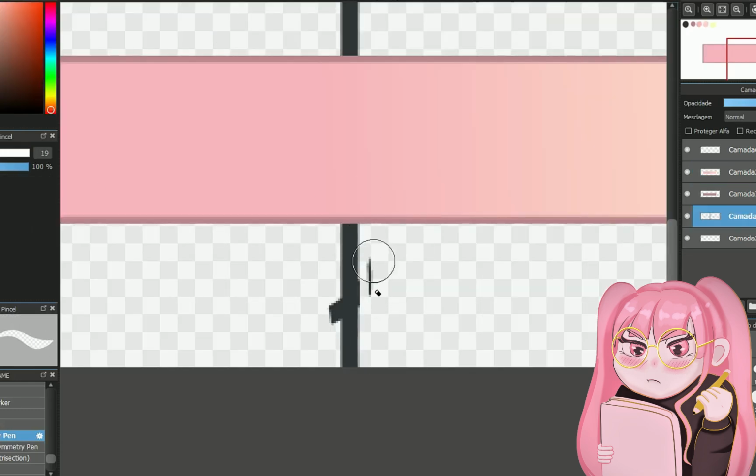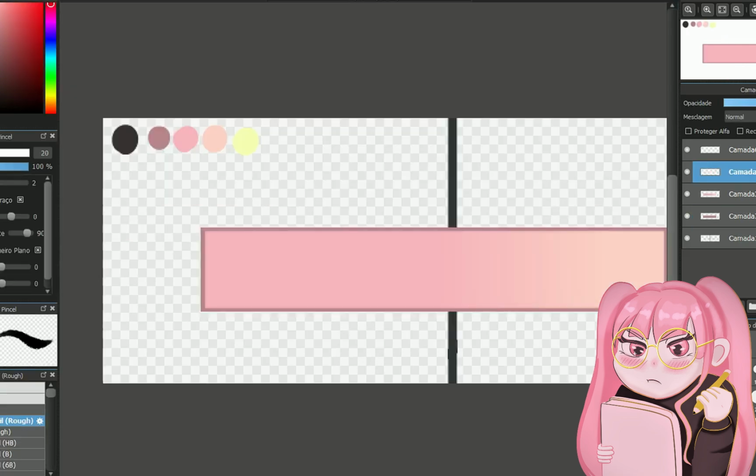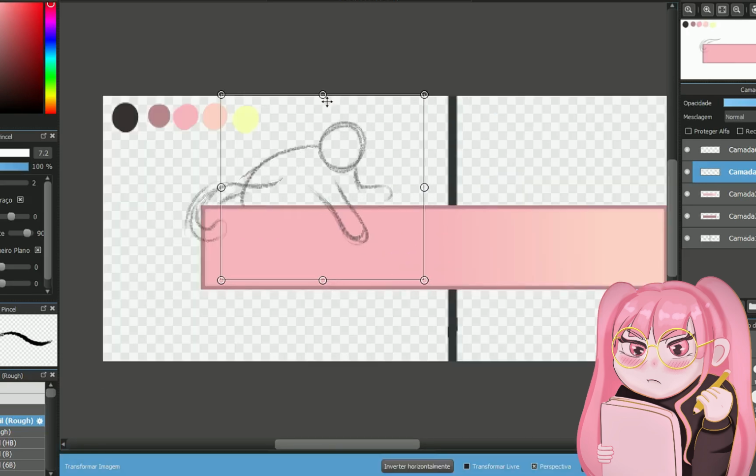To draw things, I love to simplify the form as much as possible, just drawing circles and oval shapes. And then I start to get closer to what I wanted.